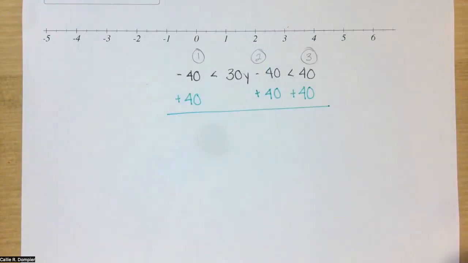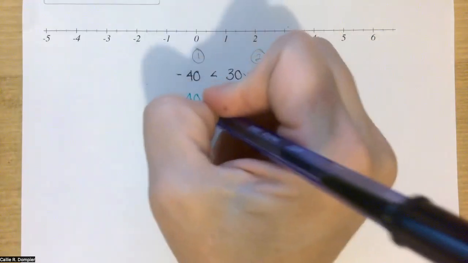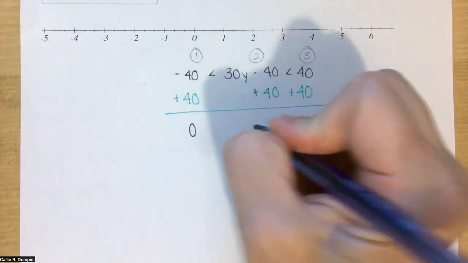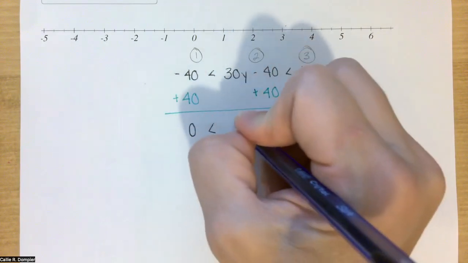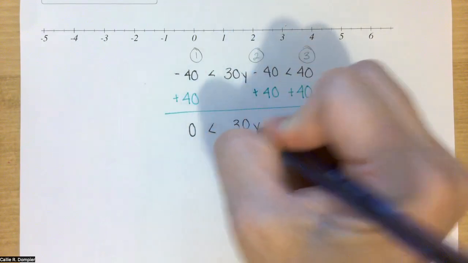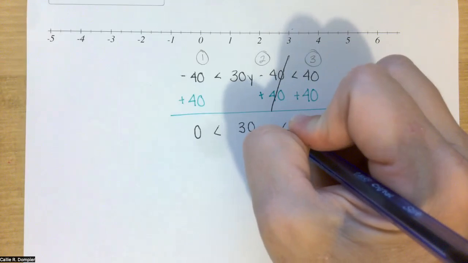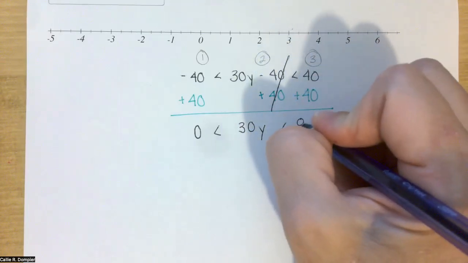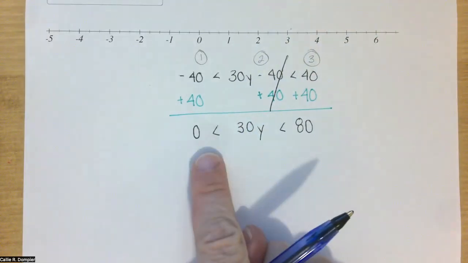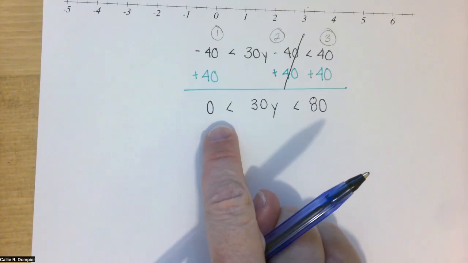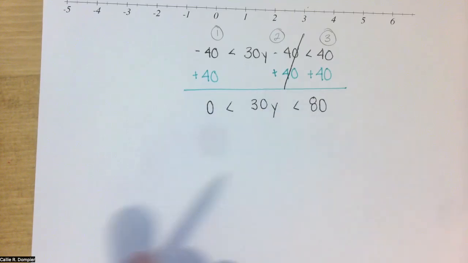Okay? So now we've got negative 40 plus 40 is 0, so we'll write that as 0. Keep that sign the same. We still have a 30y. Those cancel. Keep that sign the same. 40 and 40 is 80. Okay? Don't just ignore this because it's 0. You're still going to have 3 parts when you finish the equation. Okay? Now,